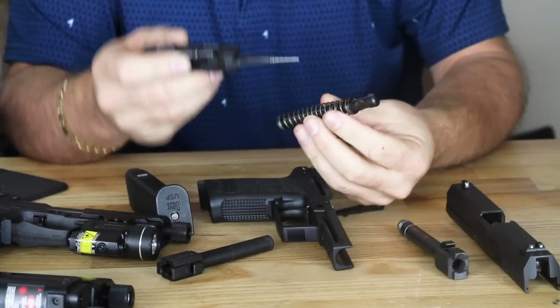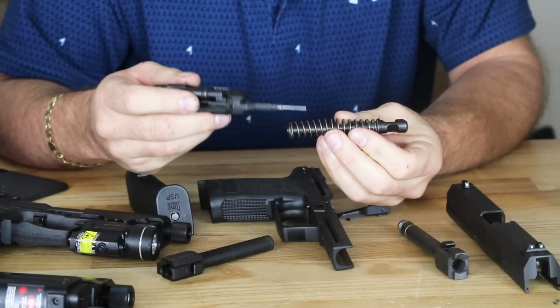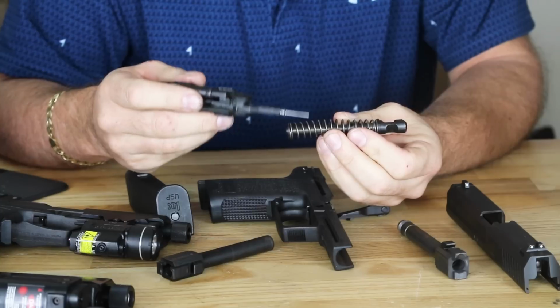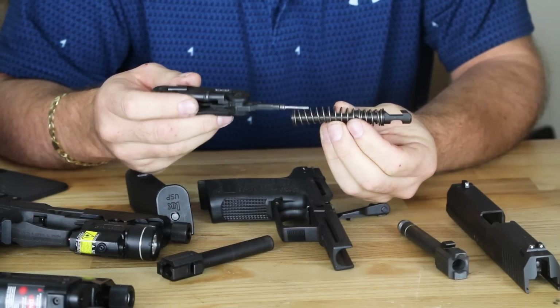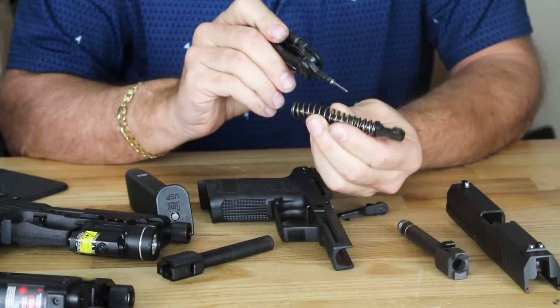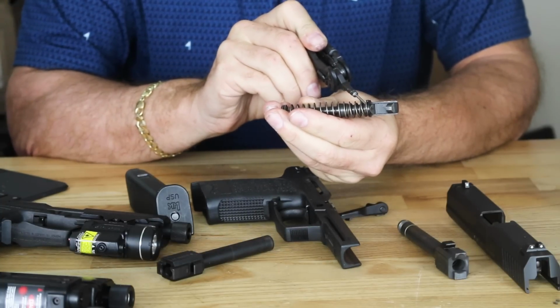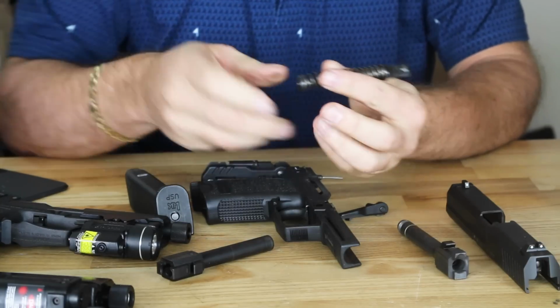Now, this is really where the magic is on this pistol, and this only exists with the Mark 23, USP 9, 40, and 45 full size. This is their patented recoil reduction mechanism. There are two springs. You have the main spring on the outside here, which is the longer one. Then you have a smaller, stronger spring in here with a pin. Basically what this does is when it sits in the pistol,